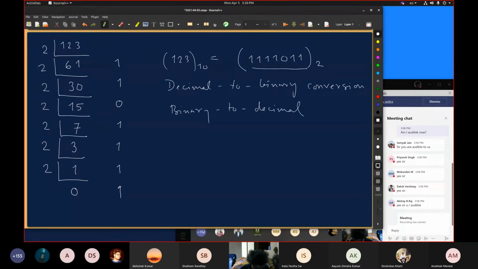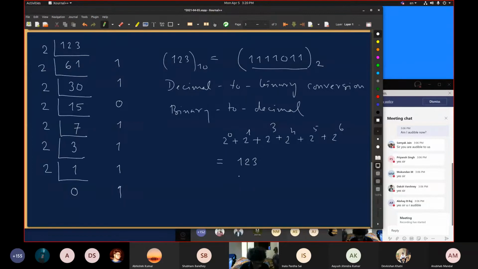You simply look at this. 2 to power 0 is there. 2 to power 1 is there. Position 2, that bit is not there. 3, 4, 5, 6, these are there. And if you do the maths, it will come out to be 123 with our popular decimal